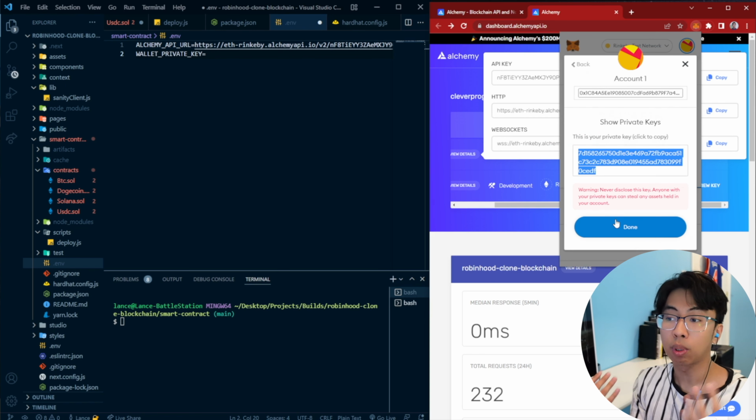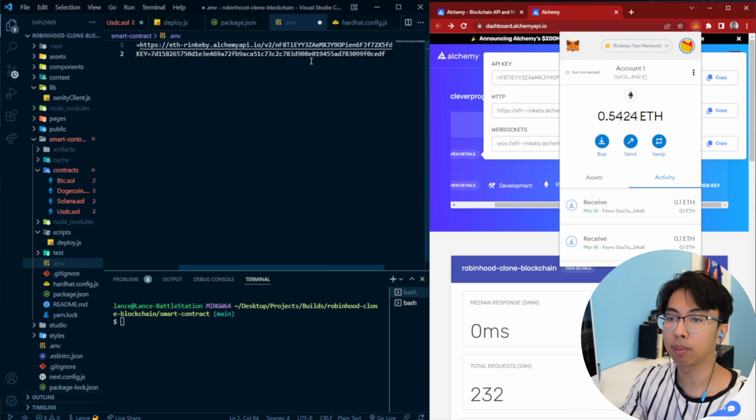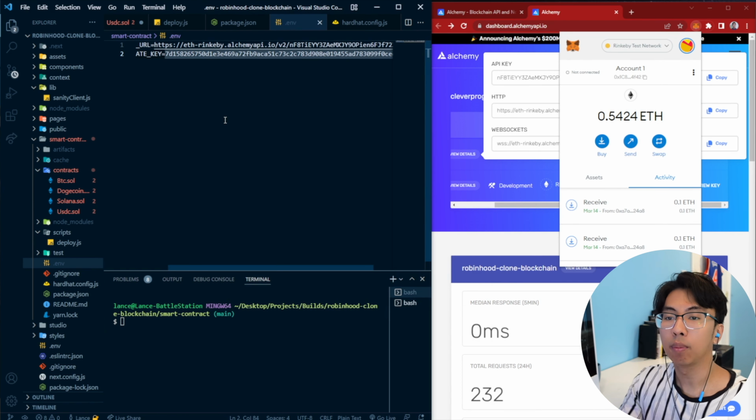Make sure you don't share your private key to anybody else, because then they can steal assets from your account. This is just a burner account, so I don't really mind much if you guys do anything with that. And make sure you don't share your private key to anybody else because they can steal your assets, which is why we put it in a .env file, so that when you upload this to GitHub or anywhere else, they